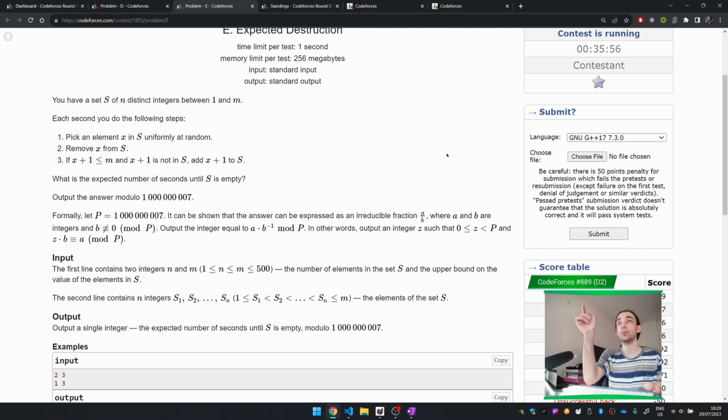This is the number of seconds when there's at least one of these true elements inside the set. And this is some kind of